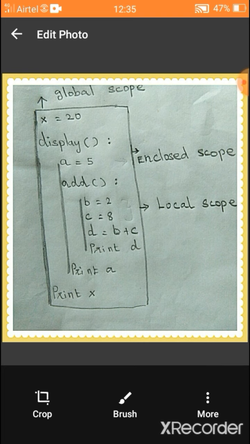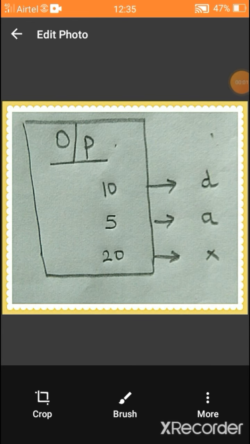Yes. Print x. So, what is the value for x? 20 is given to x. So, 20 will be printed. So, now verify the output. So, this is the output for the previous program. Thank you.